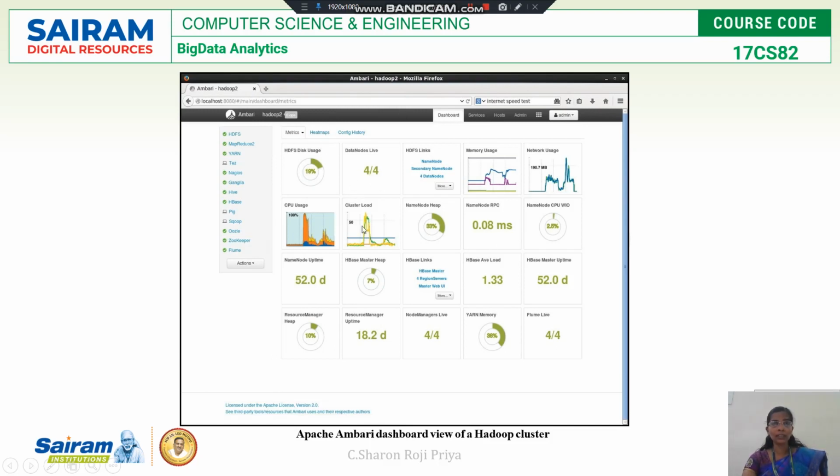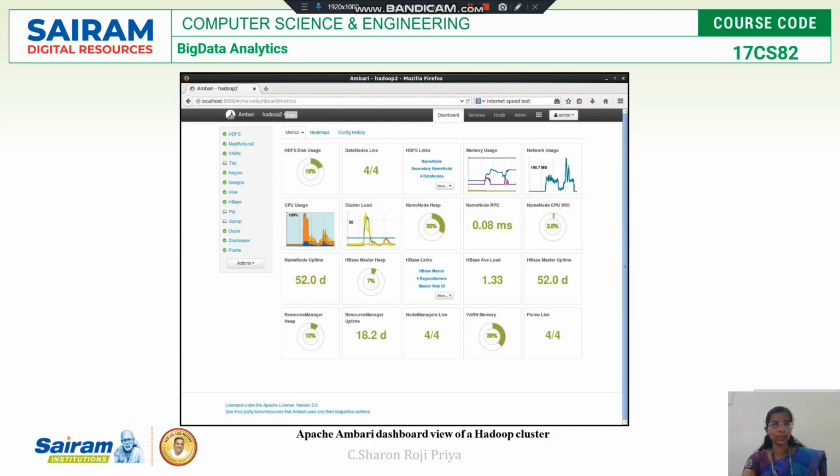And this dashboard view has many tabs. As I said, these are the widgets of the running services. For a few running services I have these widgets, and the remaining services will be listed down in the menu. If I place my mouse over the widgets, it will give some details like NameNode uptime, how many nodes are killed, how many nodes are running.